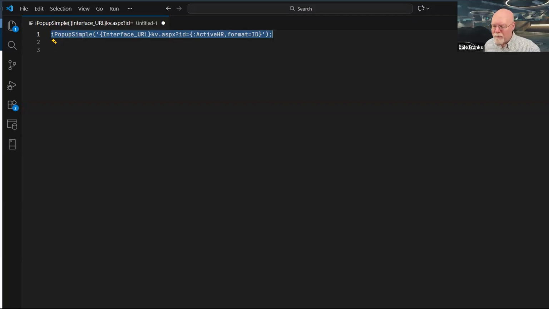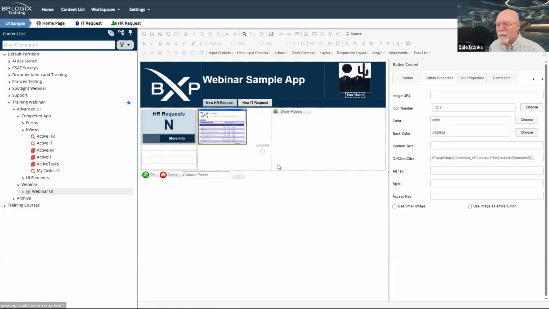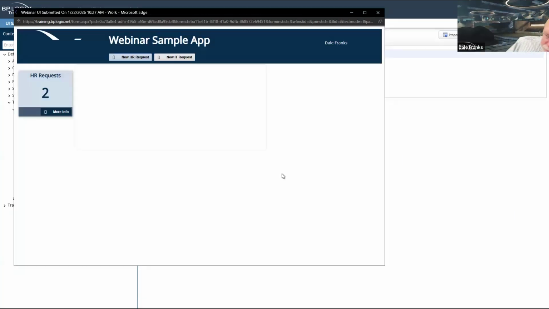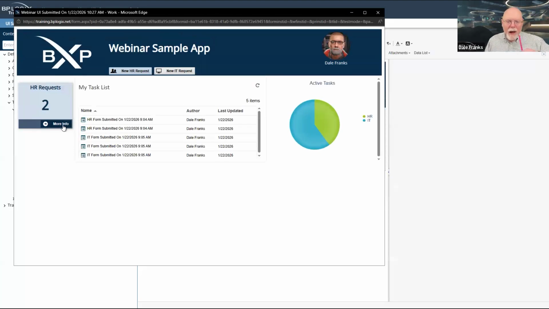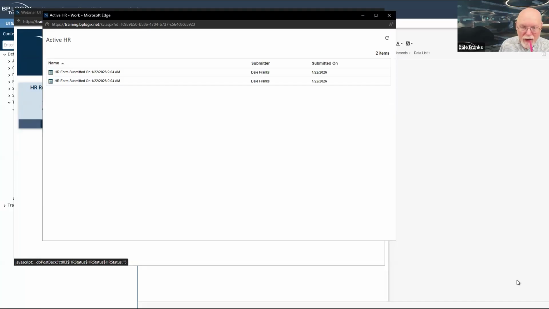So we're going to copy that, go back over here to on client click, and we're going to paste it. And now when I run my form, and we'll have to give it a second to run, and I ask for more info about my HR requests on this button, it's going to open up that knowledge view, and it is going to show me all of the items that are contained in that knowledge view.